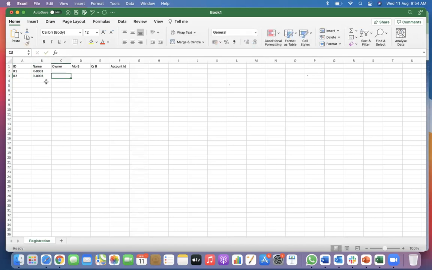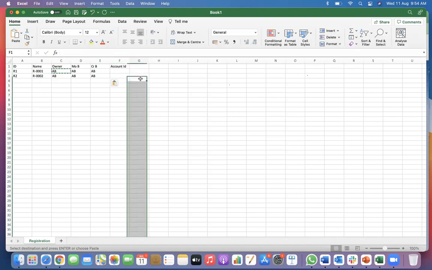I'm trying to create a new field like this, account ID. It is throwing me an error. Why?